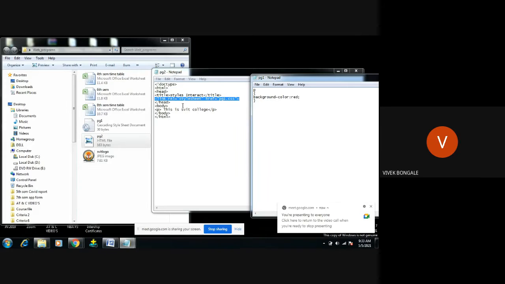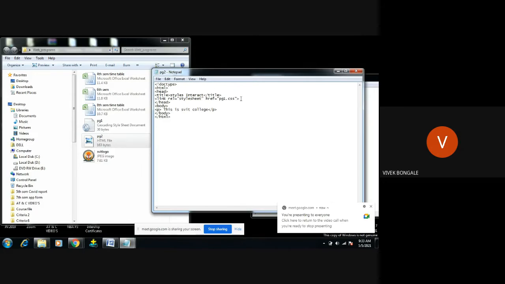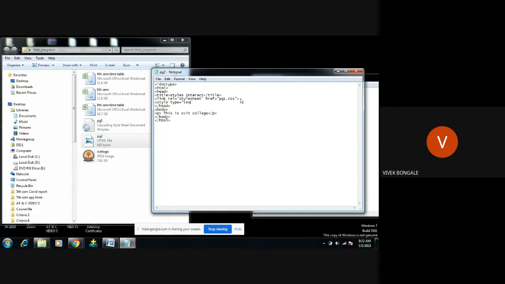So now what I will do is apply the internal style sheet. I will go to style, type equals, and I'm going to give CSS or text.